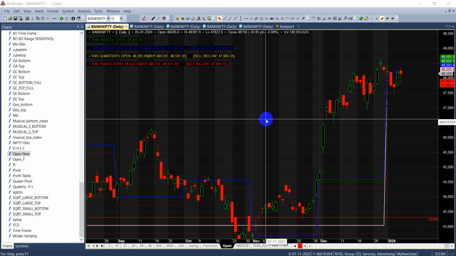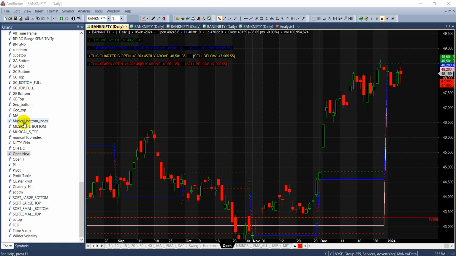So what is this strategy? Gann used to focus a lot on opening prices, right? An opening price can be of a month, it can be of a year, it can be of a day, it can be of a week. As the time frame goes higher, the signals will be less and the targets will be huge. As the time frame goes lower, the signals will become more, and it's up to you what kind of trades you want to do. So what he used to tell was,